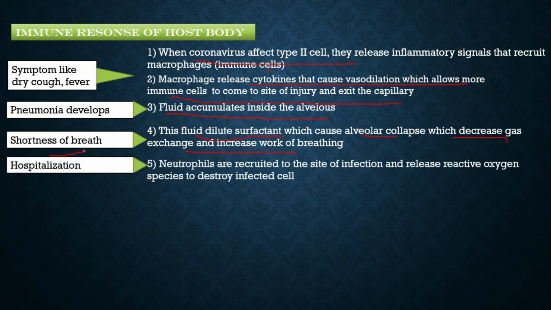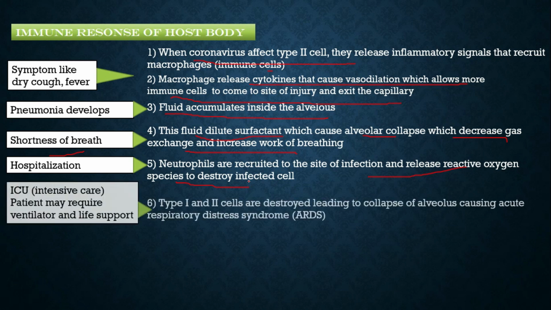The next step is that neutrophils are recruited. That is, neutrophils are also brought to the site of infection, which will release reactive oxygen species to destroy the already infected cells. If any person is in this stage, he or she needs to be hospitalized. The next is that type 1 and type 2 cells are destroyed. They are fully destroyed, leading to collapse of alveolus, causing acute respiratory distress syndrome. If any person is in this stage, he needs to be shifted to ICU and the patient may require a ventilator